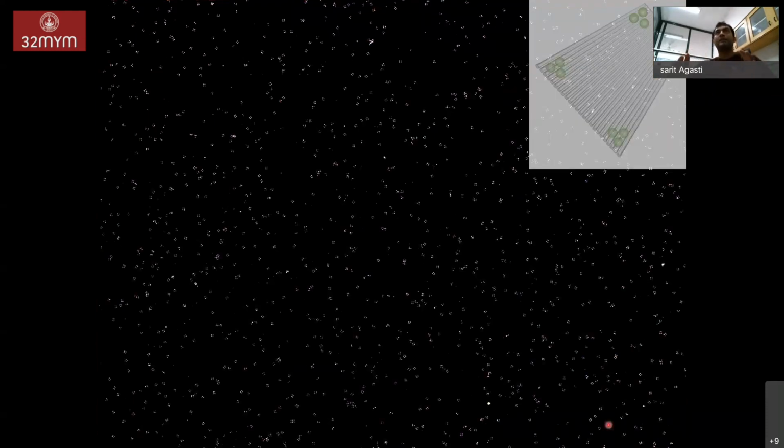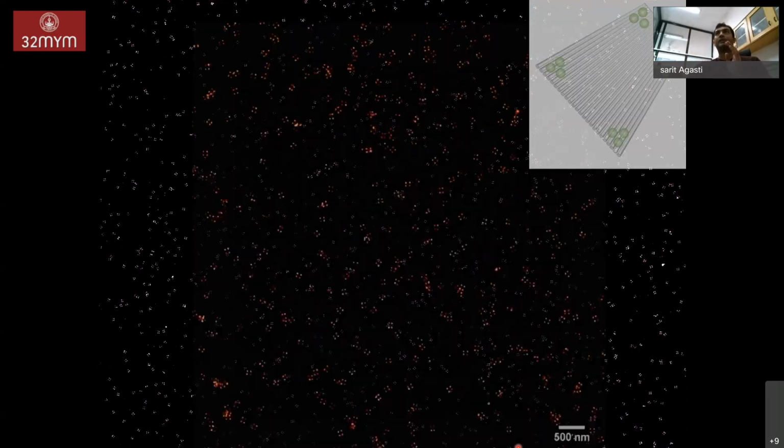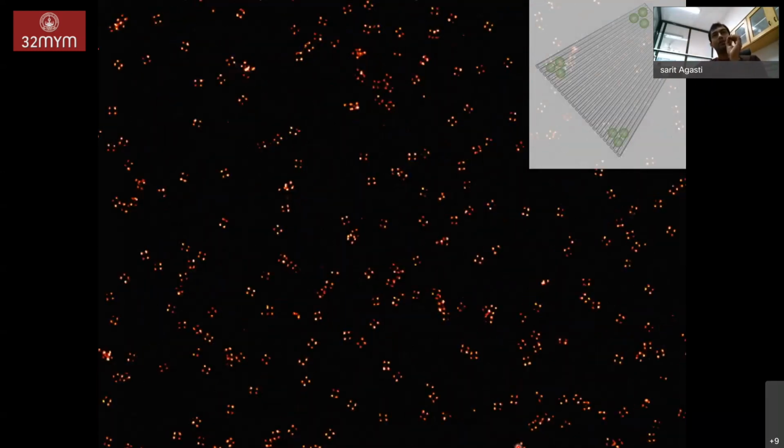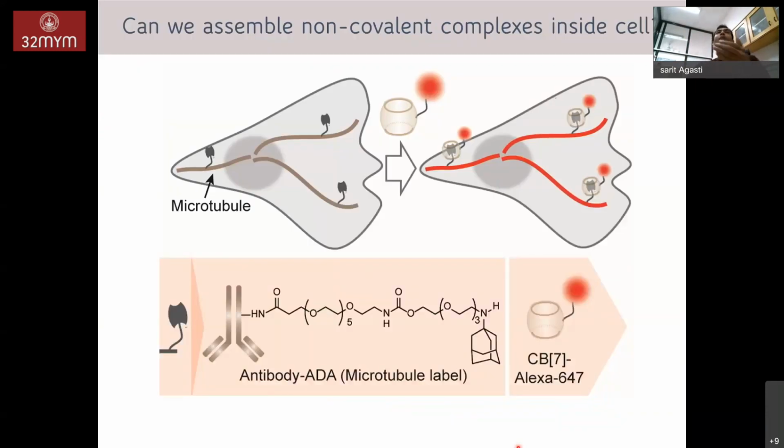Okay, and as you can clearly see here, we have put this four-corner origami structure based on host-guest interactions. And once I zoom into these images, you can see that each of these structures has 4 points, 4 corners, which tells you that I am able to form a specific host-guest complex, which I can now use for biological imaging. And that's what we did next. We immobilized these molecules in the cells on a specific structure called microtubule, and we imaged them. Okay, and this is what we get.